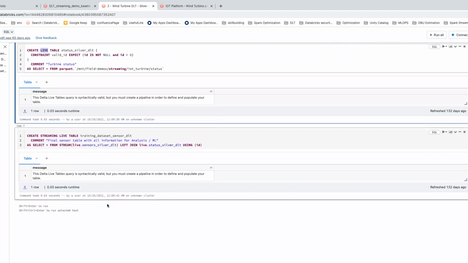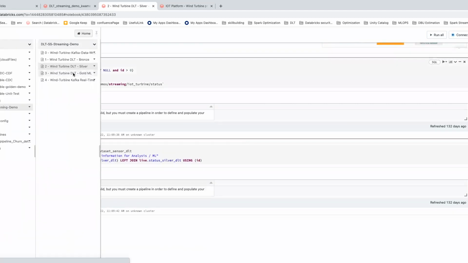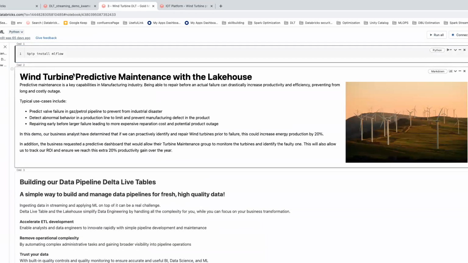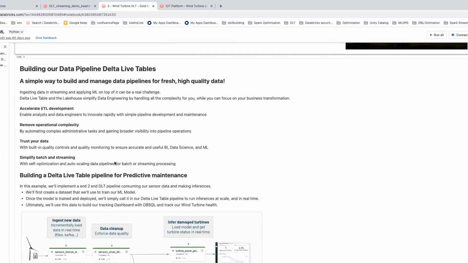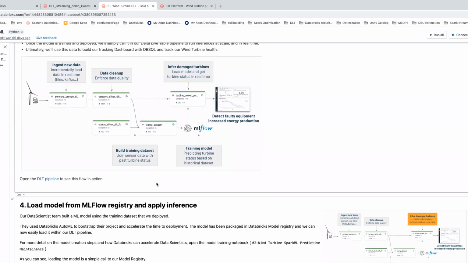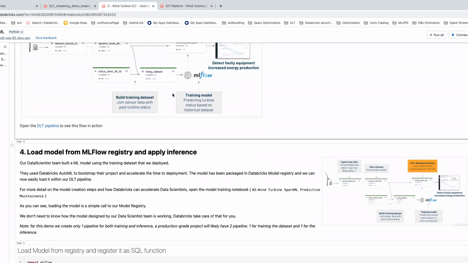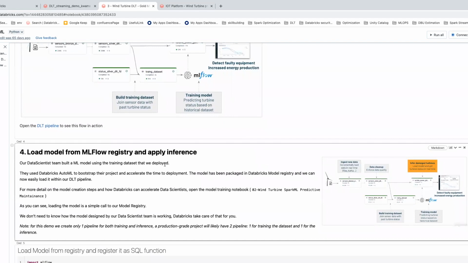And so once we have those two joined together, the next thing is to create the final layer, the bronze layer, right? To be able to make predictions on. We've read the data in, we've cleaned it up, and we've joined it with the static data, which we have here. So now we want to be able to do some machine learning models, right? And to do the machine learning models, the picture that you see here that has MLflow, we're going to assume, right? We are on the assumption that